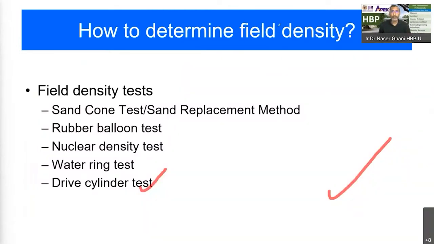Okay, these are some other tests. Just now I mentioned the sand cone test or sand replacement method. In some countries they call it sand cone test, and in some places we call it sand replacement method. For example, in the Malaysian Standard 1056, we call it sand replacement method. In some of the ASTM